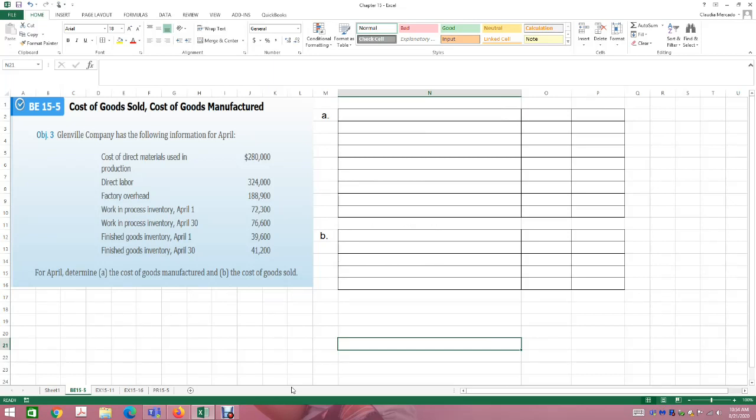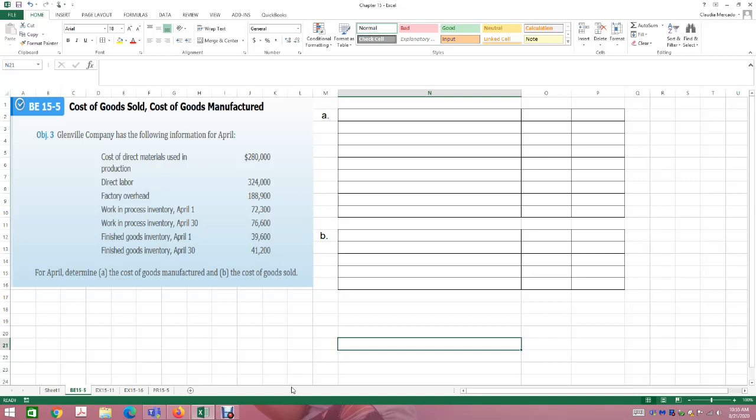And then we have exercises, okay? Exercises are medium in difficulty. And then we have problems. Problems are more complex, they're more comprehensive. So the BEs are basic exercises, those are the easiest. Exercises are medium, and then problems are the harder, more comprehensive ones. So you're building from the BE exercises, the basic exercises, to the exercises, to the problems, so you can understand and apply the concepts being provided, okay?